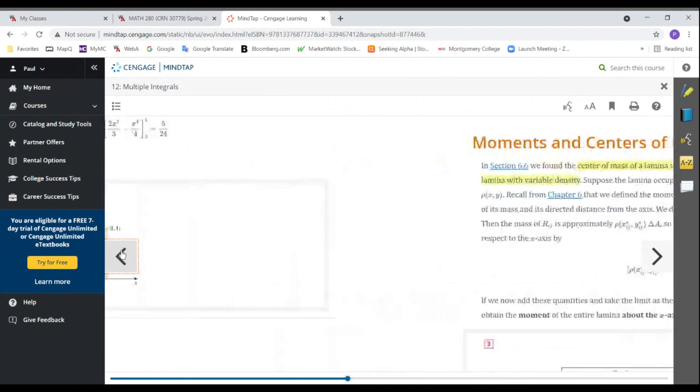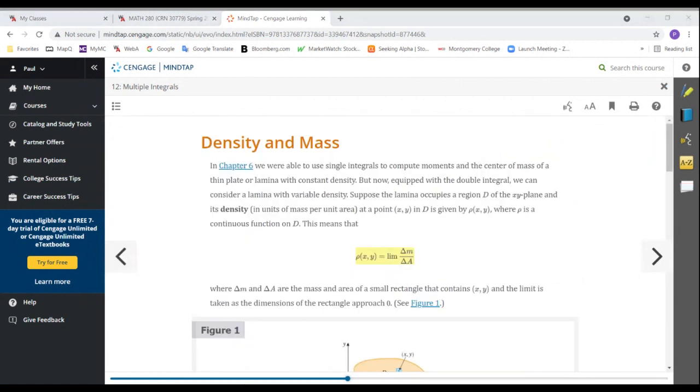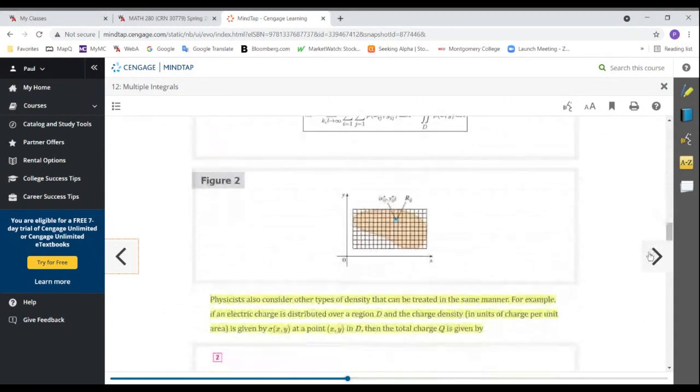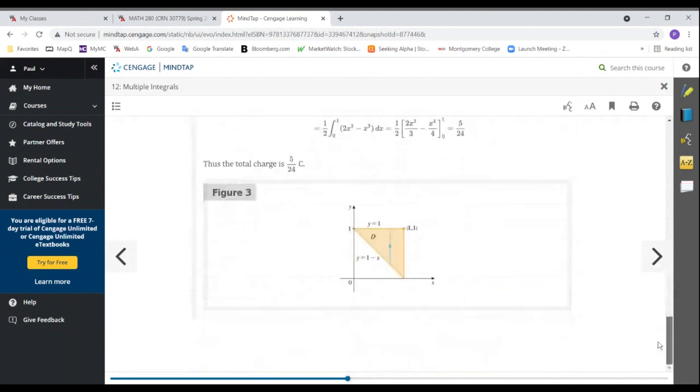They talk about figure 2. Figure 2 is where they take a region in the XY plane, and they have a coordinate, and the little region. They take the region and break it up into little rectangles. And the more rectangles you take, the better. And if we do that,